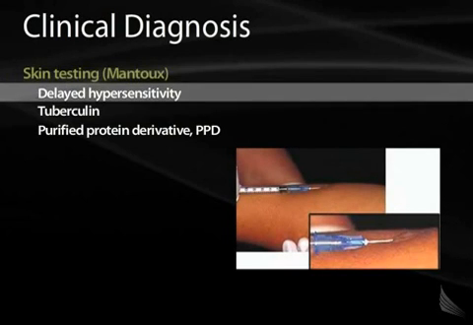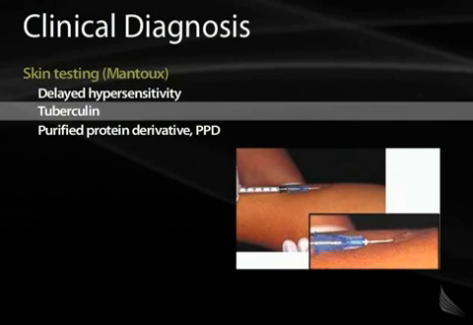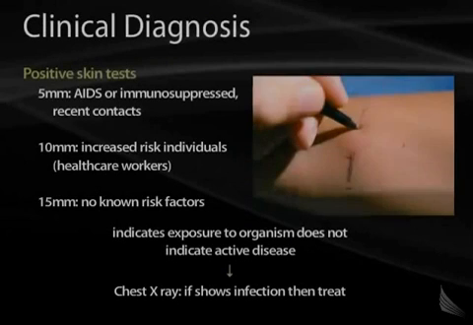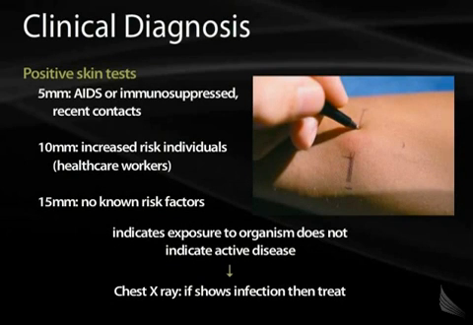This is a delayed hypersensitivity reaction to the purified protein derivative of tuberculin. This figure shows introduction of the TB needle into the intradermal region where you have a small amount of tuberculin there. The body recognizes tuberculin if it's been exposed to tuberculosis and mounts a granulomatous response there. So you'll get induration and swelling, and you can mark it later with a pen to decide how big it is. The size of the area of induration gives you the clinical diagnosis,